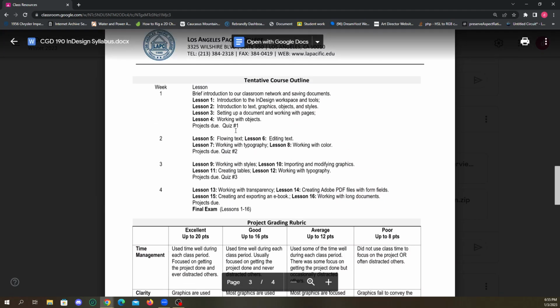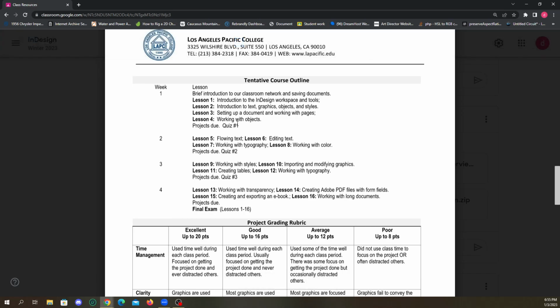So this is a little overview of what we'll be covering in InDesign. It might not be exactly what it says here, but for the first week, on the first day, we'll talk about the whole InDesign user interface, so the workspace and tools, and we'll look at text, graphics, objects, and styles. Styles will probably come a little later. Then setting up a document and working with pages, working with objects,